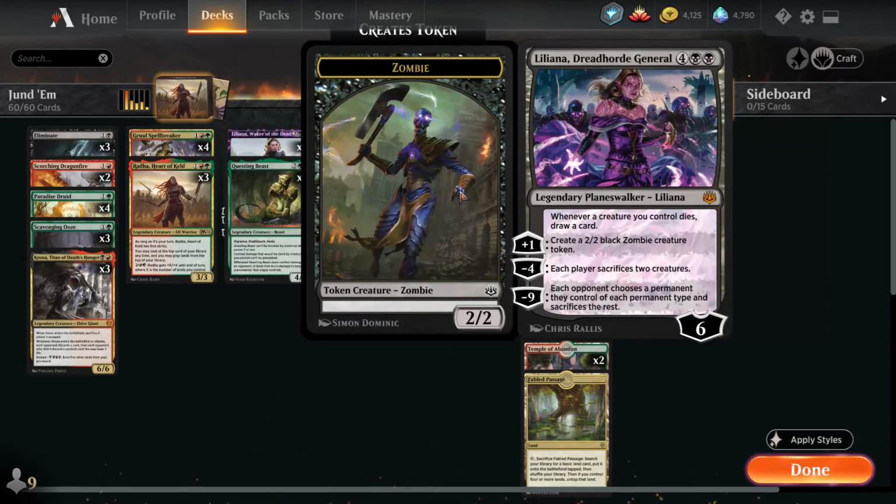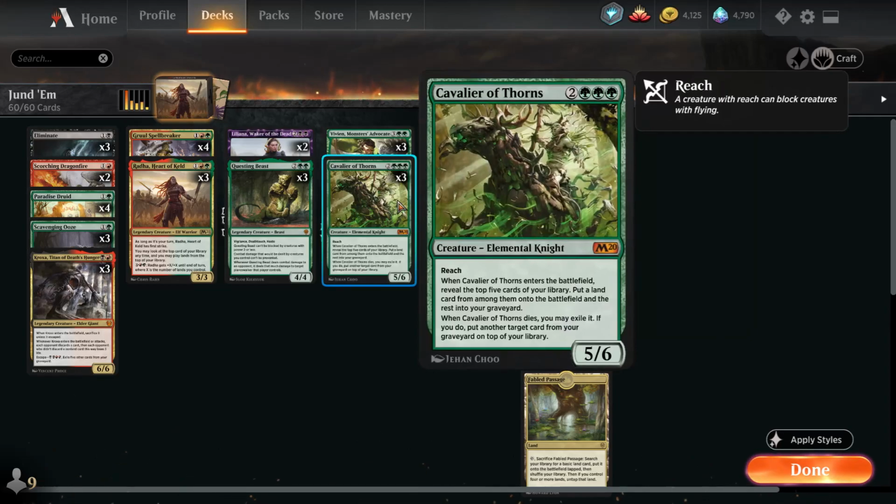2, Liliana, Dreadhorde General. I'm skipping this for right now, shut up. She's just strong. Our stuff dies, we get value, we make value, we kill things. It's great. Cavalier of Thorns is kind of like the glue that holds this deck together, and the reason I